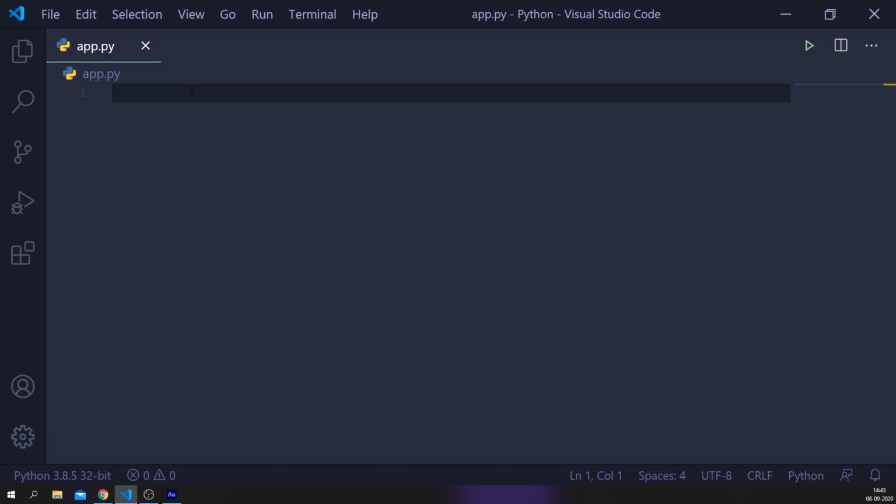In this tutorial, you will learn about variables. Variables are one of the most fundamental concepts of programming. Variables store temporary data in the computer's memory. Let's type